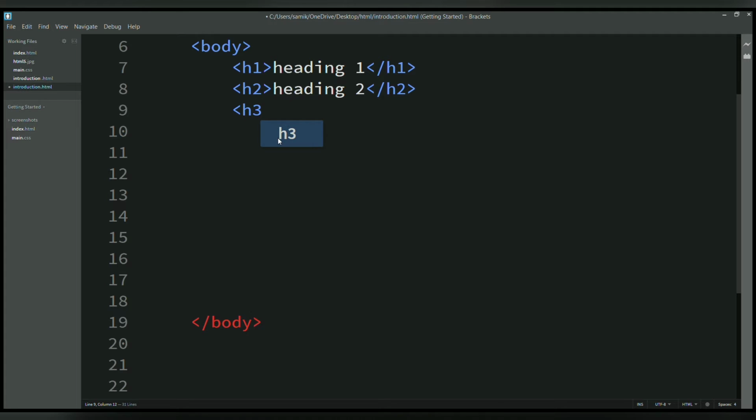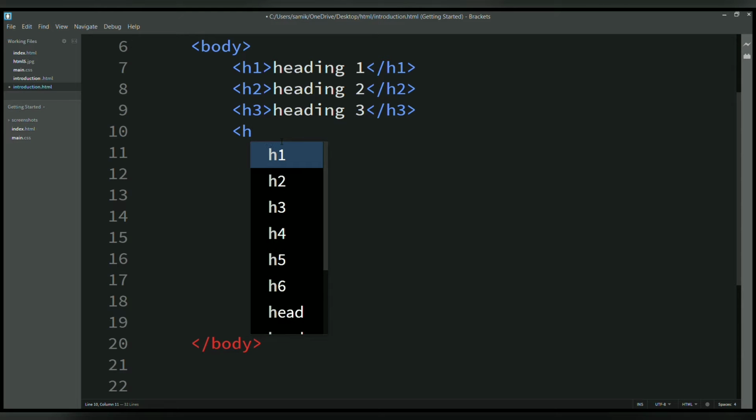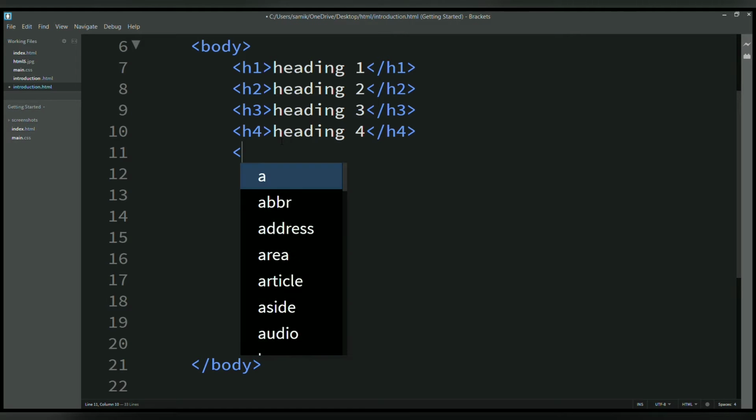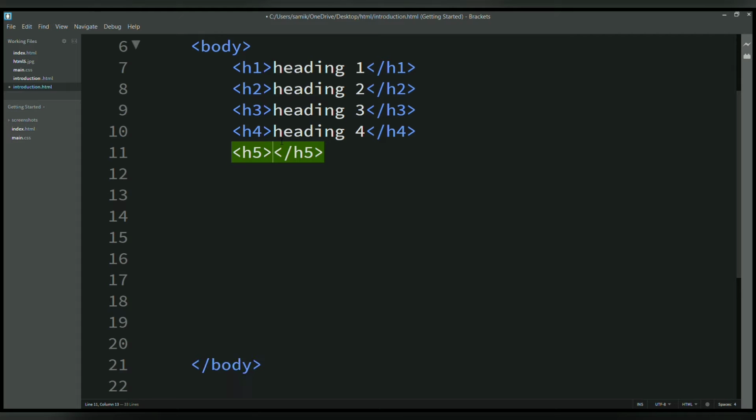H3, heading 3. H4, heading 4. H5, heading 5.